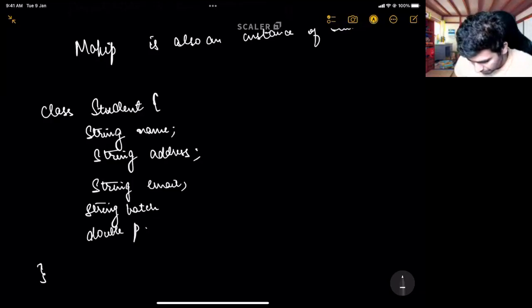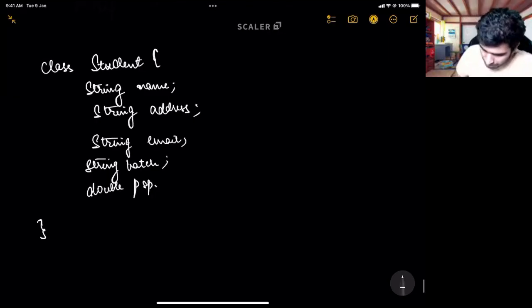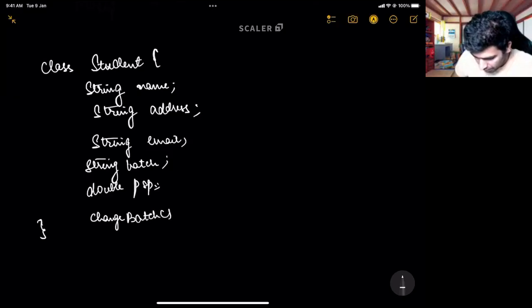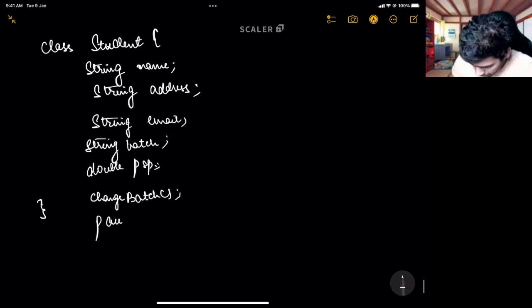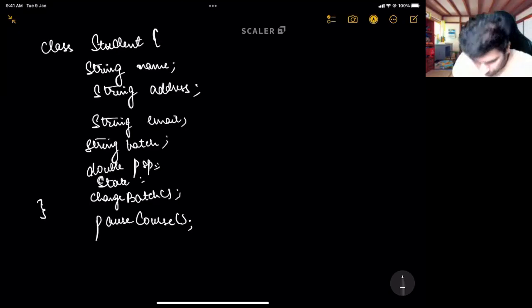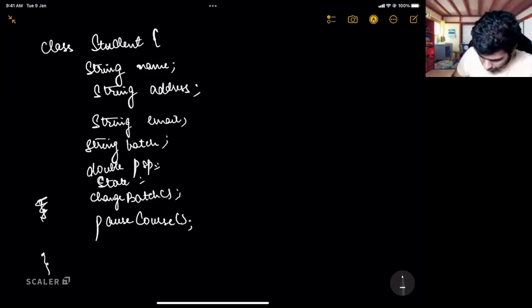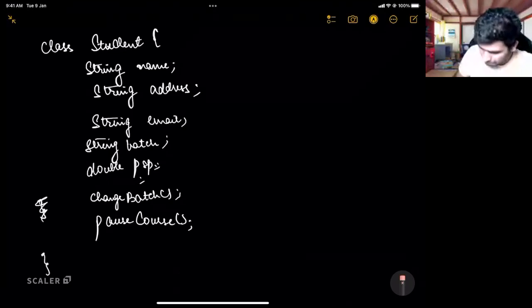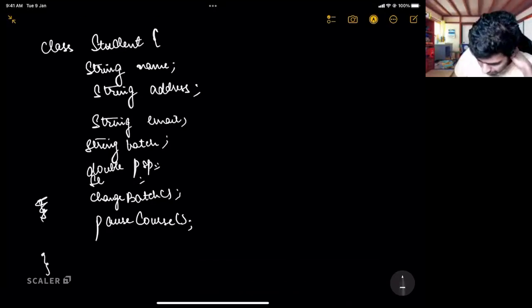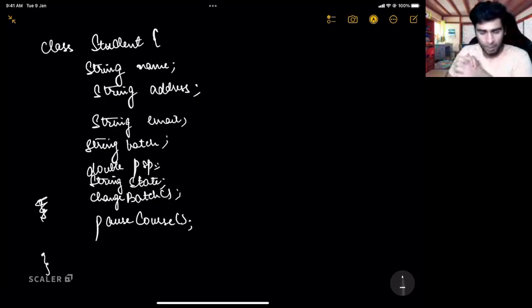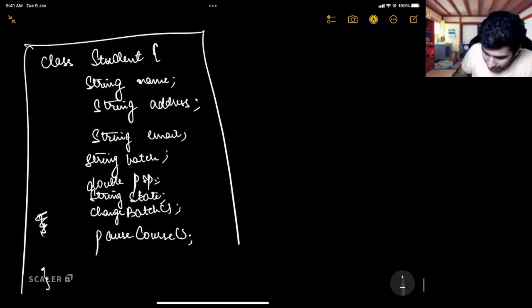Let us say a few methods are change batch and pause course. So there will be one attribute as well, which is state. Let us say it is a string state for now. String is not the best way to do this, but we will learn the best way in the next class. Now, it is a class. Is it taking any space in the memory?